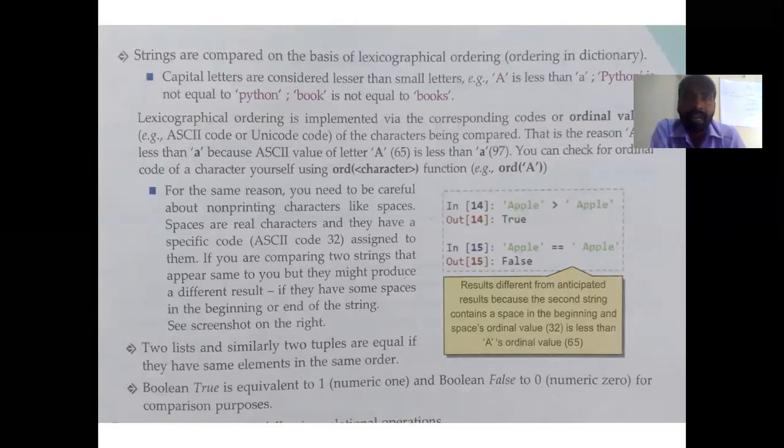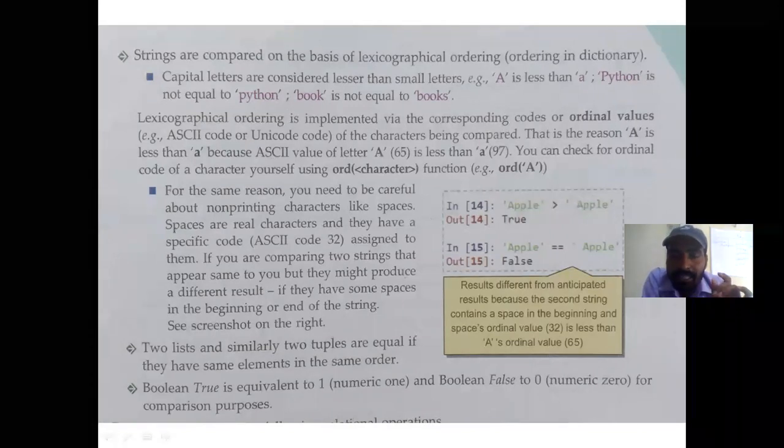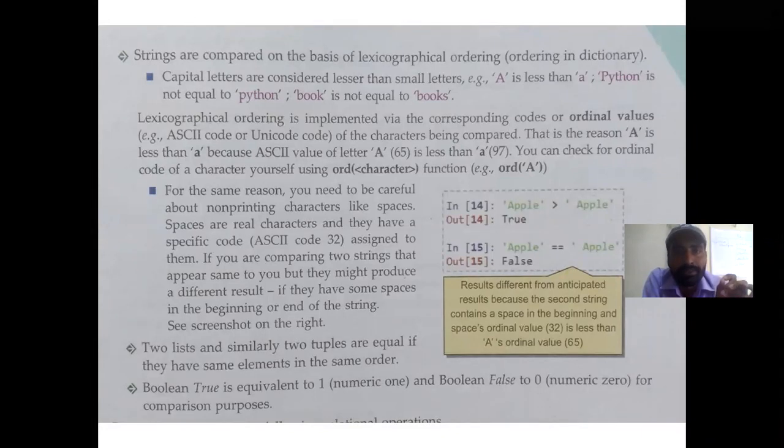The value of a capital letter is less than the value of a small letter. I will tell you why it happens, because of the ASCII value. Have you all heard about ASCII? ASCII stands for American Standard Code for Information Interchange.